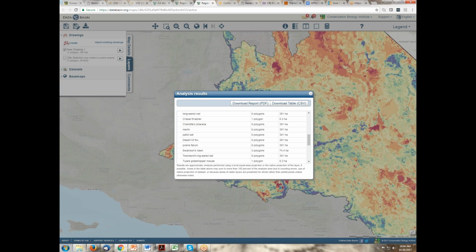The reason I bring this up is that one of the organizations that's funding this exercise right now, the Wildlife Conservation Board, is trying to address some of the issues that were brought up in its last strategic plan, that they need a more transparent process to identify why they selected different lands for funding for conservation. So this will allow them, and there are many other uses, but as an example, to put in different projects and run it against the conservation priorities, and then see very clearly how different projects address the objectives of the conservation dollars.